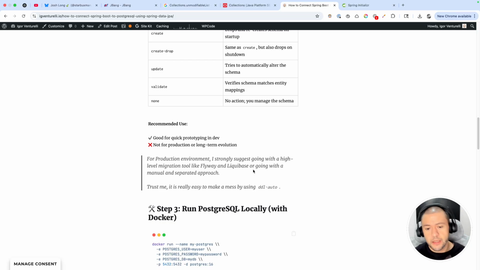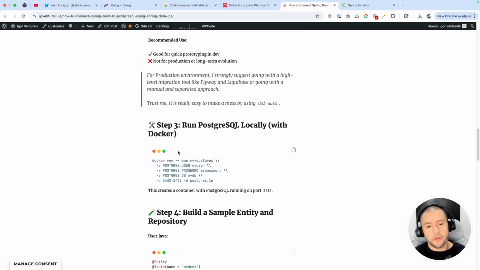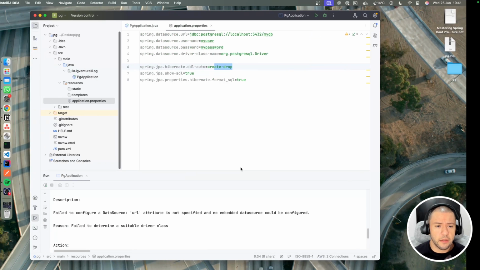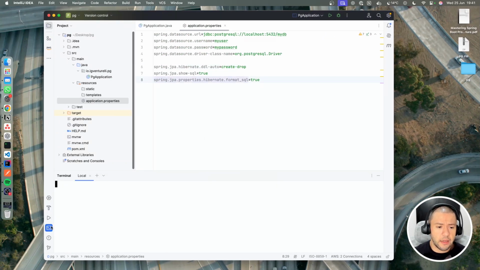So the next step we need to do is just to set up a Docker container. Obviously, if you have Postgres installed on your machine, you can skip this step, but nowadays we all use Docker, right? So you can simply copy this from here as I did, and then